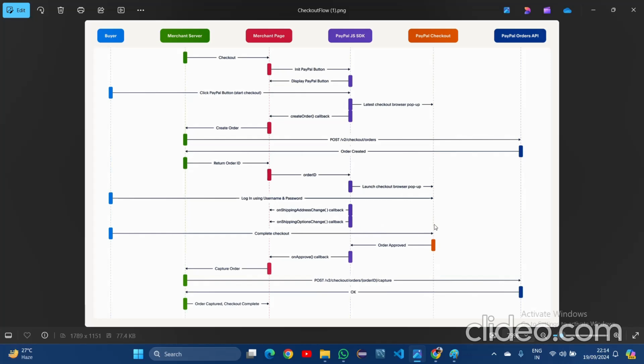See, till now the money has not been deducted. The user has been told that the checkout has happened, but the money has not been deducted. Complete checkout happens, but the money has not been deducted. The money will be deducted when the order ID is captured